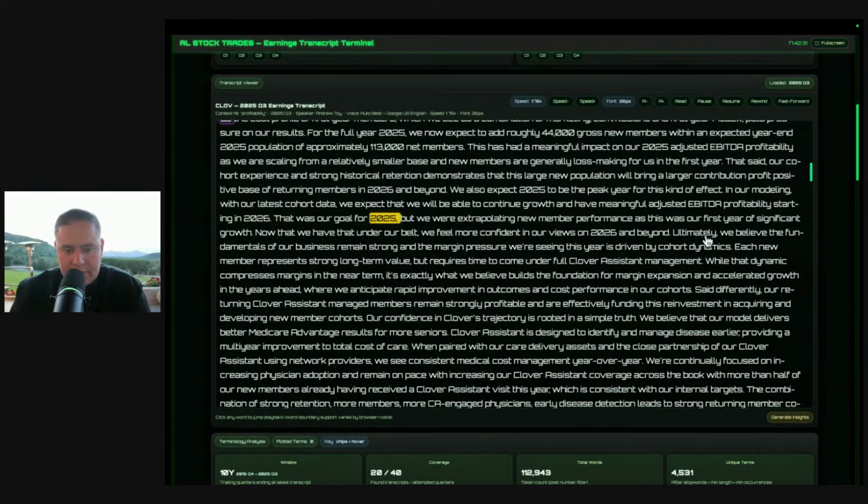That was our goal for 2025, but we were extrapolating new member performance as this was our first year of significant growth. Now, exactly. So what he's basically saying is they were expecting, I was expecting as well, given that